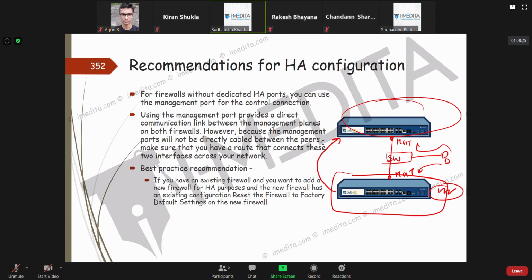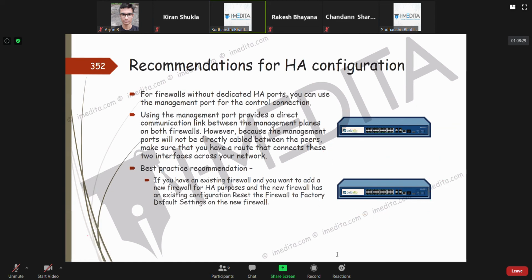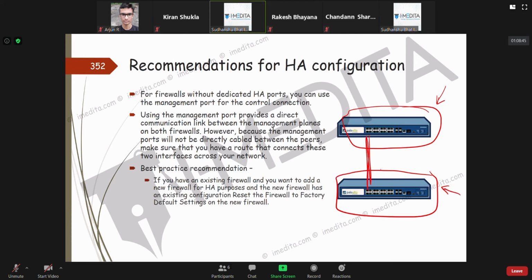So it's best to take the firewall you are using in your production environment, configure everything perfectly on it, then bring another firewall with factory default, so that it gets all the configuration pushed from the active production firewall.